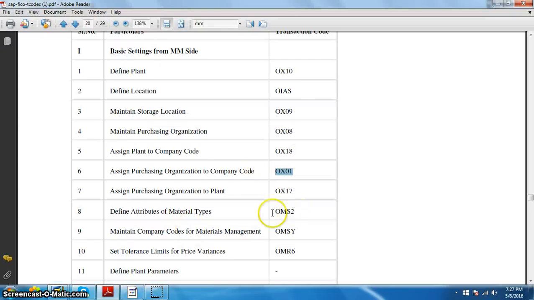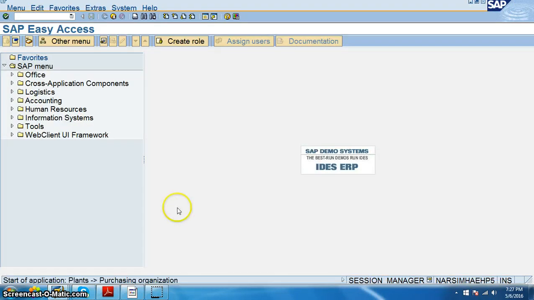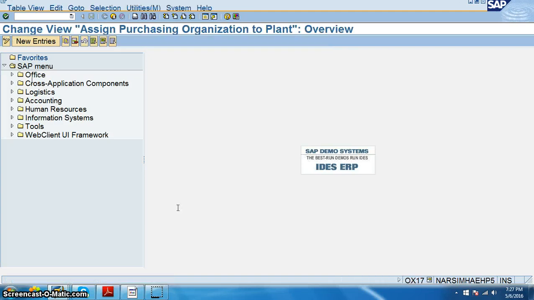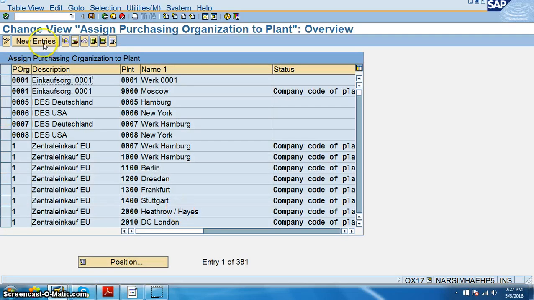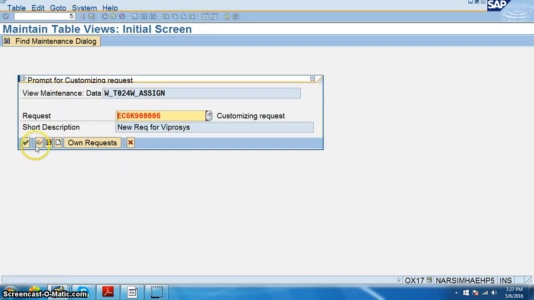Now once this is done, assign purchasing organization to plant, OX17. So let's assign the purchase organization to the plant in OX17. In new entries, purchasing organization is VPRO, plant is also VPRO. So let's assign that here, save.